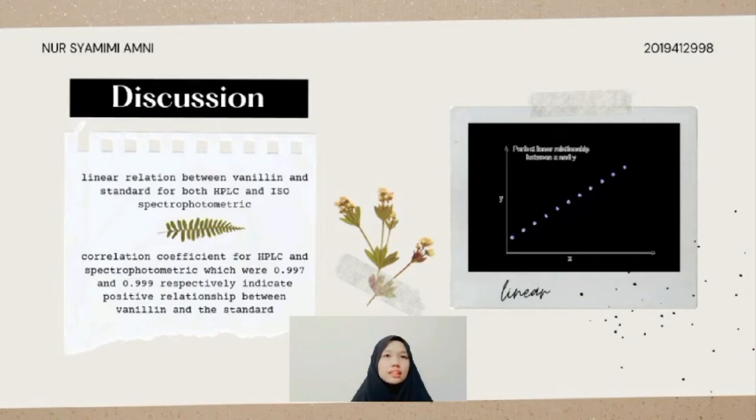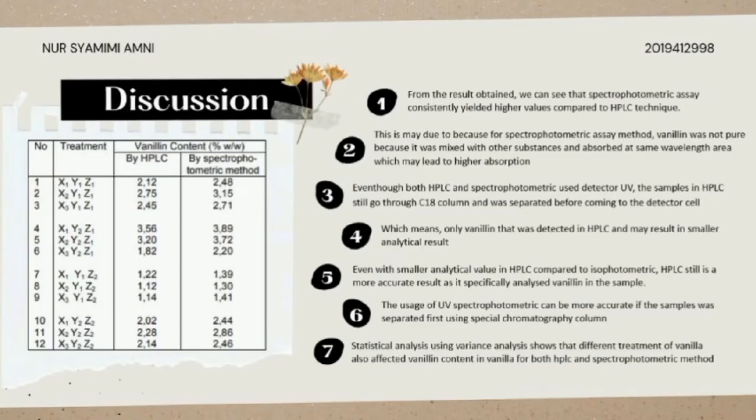The first data shows the linear regression equation and correlation coefficient of vanillin and standard for both HPLC and spectrophotometric methods. The correlation coefficients for HPLC and spectrophotometric were 0.997 and 0.999 respectively. These indicate a positive relationship between vanillin and the standard. In the determination of vanillin content, the data for 12 samples of vanilla with various treatments analyzed by HPLC and spectrophotometric were recorded. From the result obtained, we can see that spectrophotometric assay consistently yielded higher values compared to